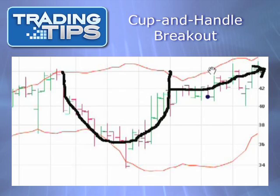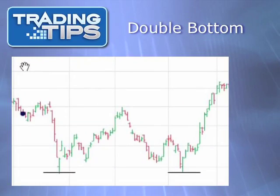But cup and handles have made much huger gains in the past. Walmart and Microsoft, for example, broke out to 7,250% and 152% gains coming out of cup and handle formations in 1979 and 1990, respectively. Moving on to another chart pattern, let's look at the double bottom, one of the most